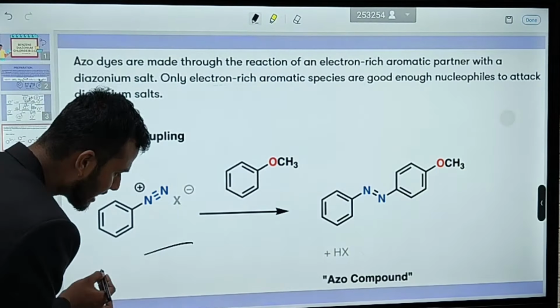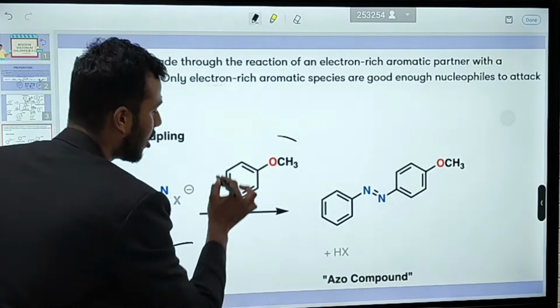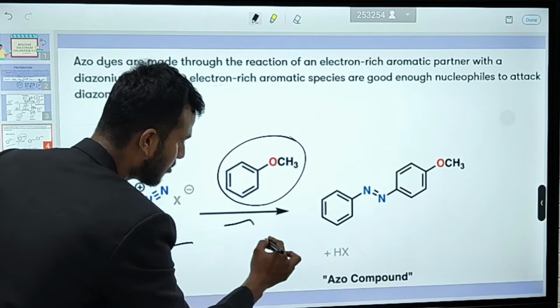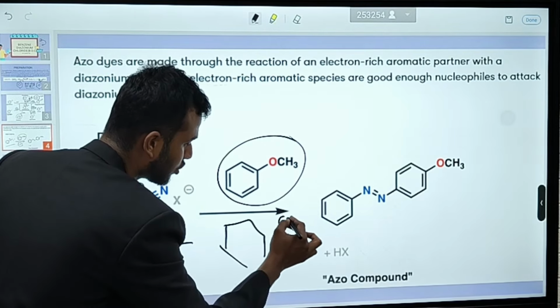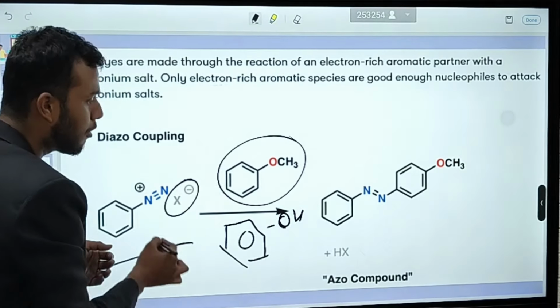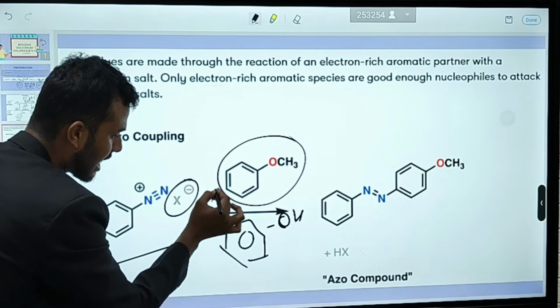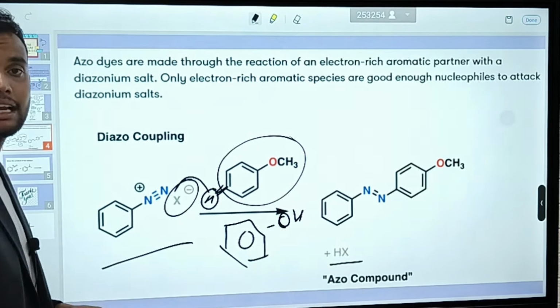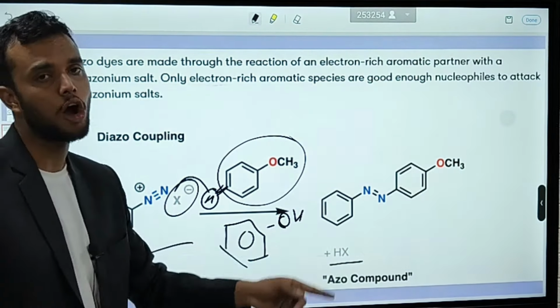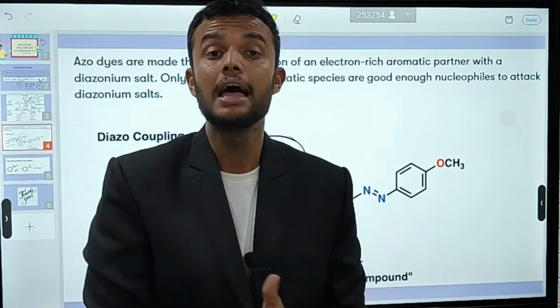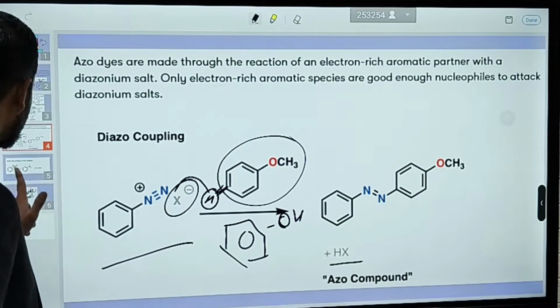Whenever you react the BDC in the presence of benzene, or it is also phenol, you can heat it with the phenol molecule. If you heat with a phenol molecule, the same reaction comes. What happens? This X molecule here, hydrogen is there, so with this hydrogen it will be released as HX, and we get an azo compound. Azo compound formation. Okay students.